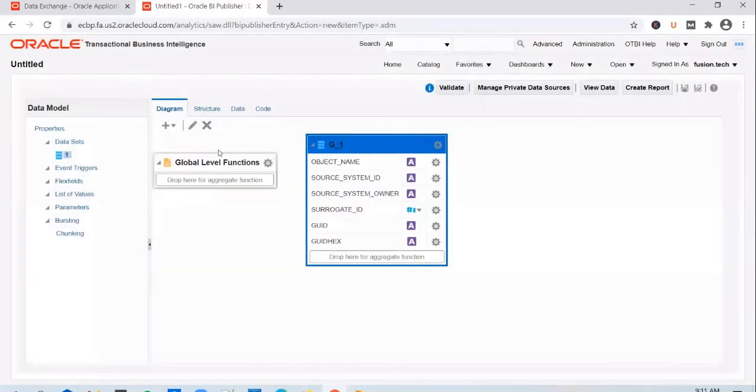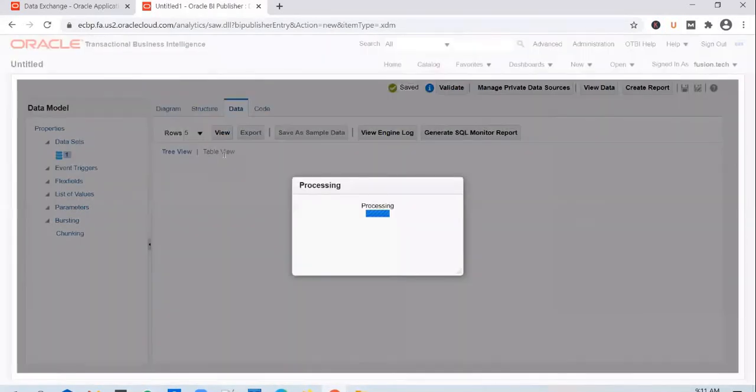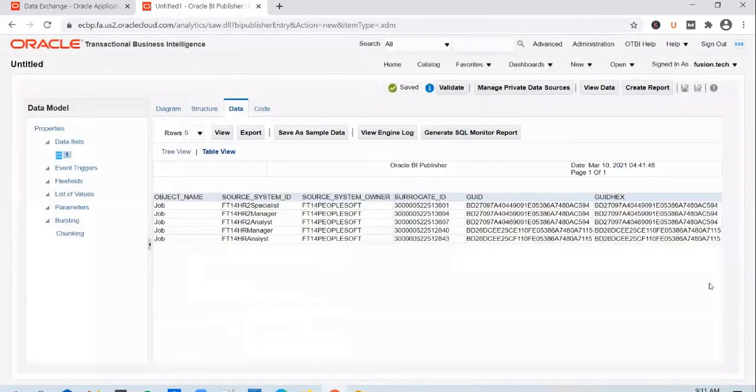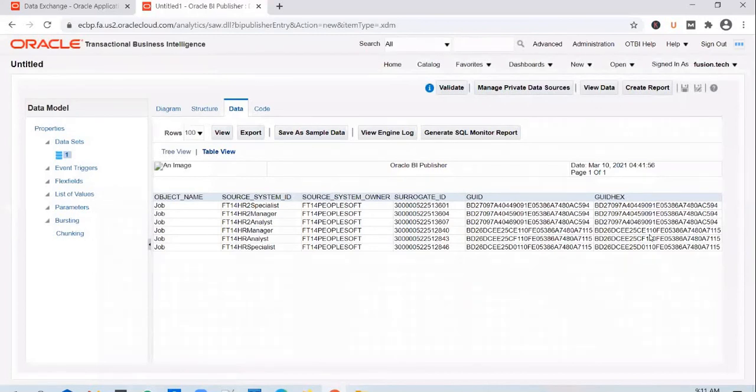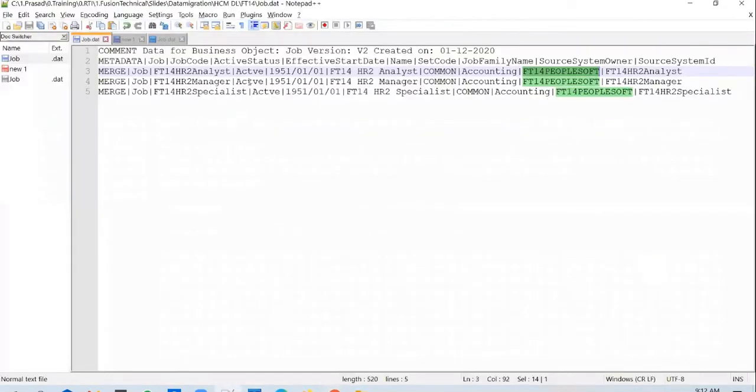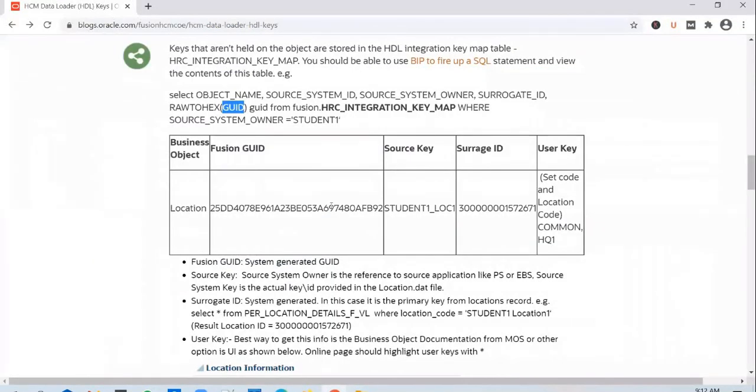Click OK. Okay. It's weird here, but ideally, for every record that you load in, you will have a unique identifier generated, a global unique identifier, and this will be unique across the business objects.